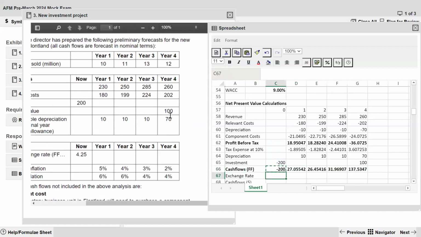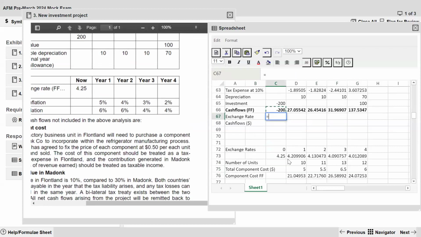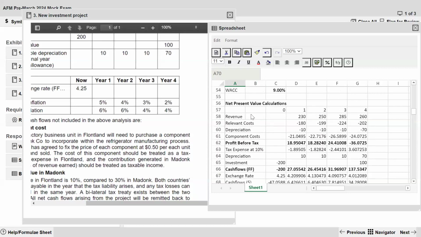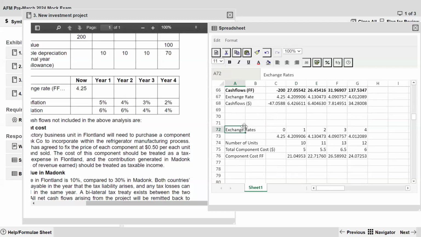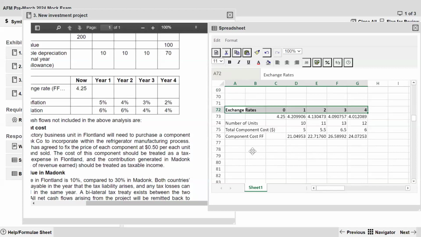The exchange rate is going to be this. The cash flows in terms of dollars is gonna be this into this. Net present value, NPV function. In fact, we don't need to apply the NPV function right now. So this is the net present value. This is the cash flows in terms of dollars. Now, what do we need to do now is that we're gonna say